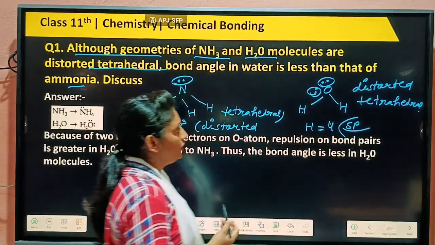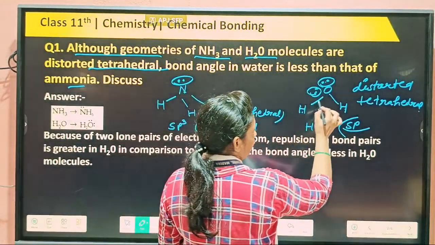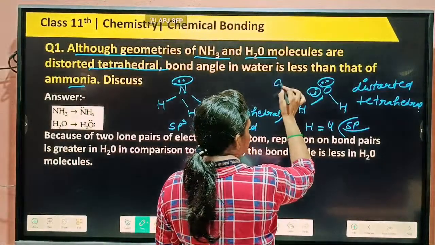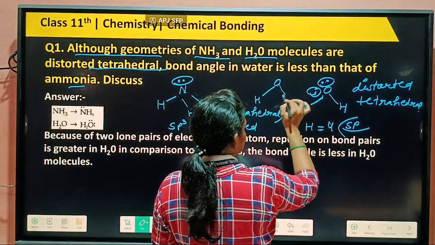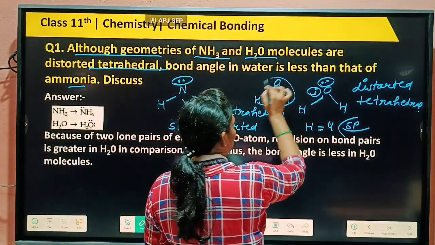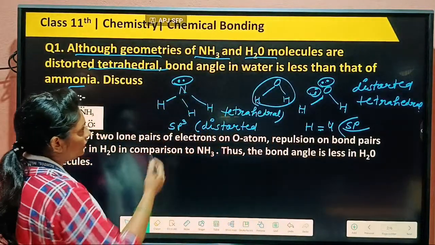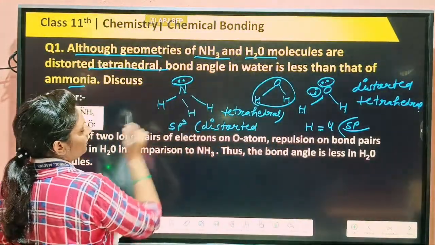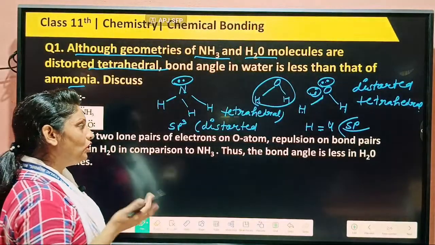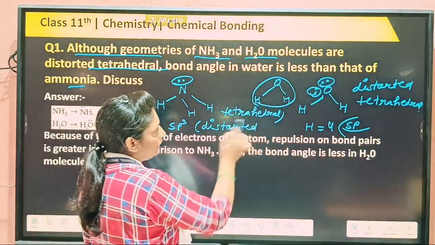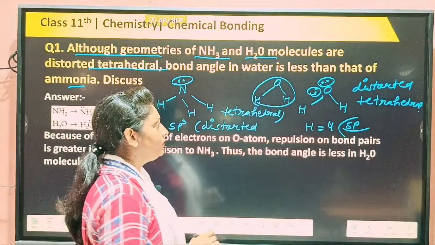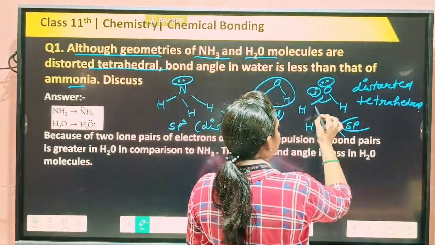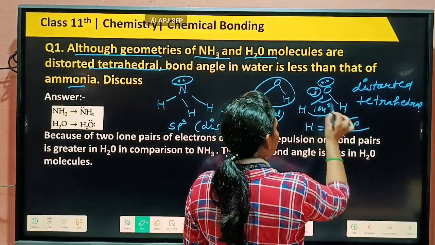Students, its shape is bent, or we can say V shape, like this. This is V shape or bent shape, and here it has a pyramidal structure. Both have distorted tetrahedral geometry, but in case of water the angle is approx 104 degrees,